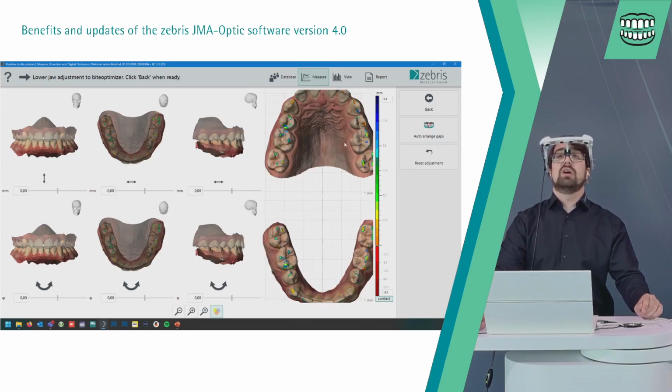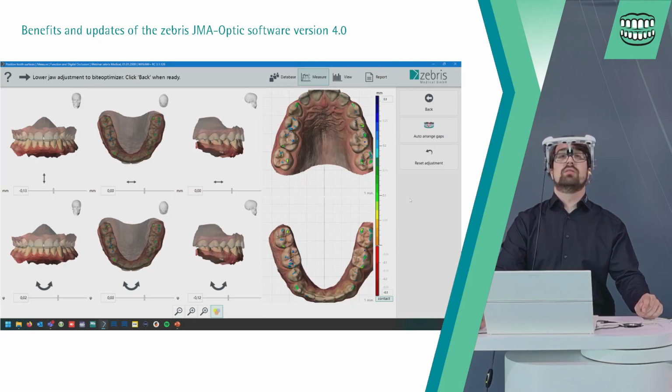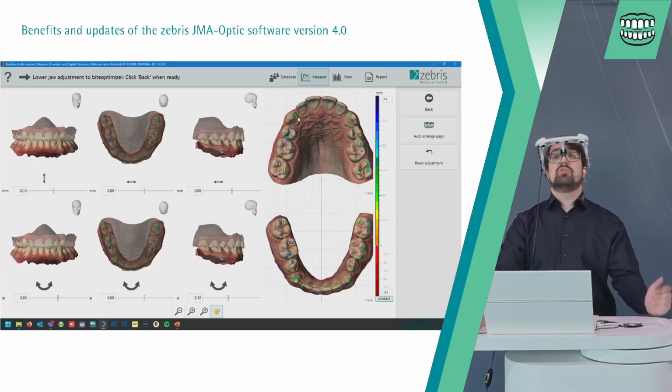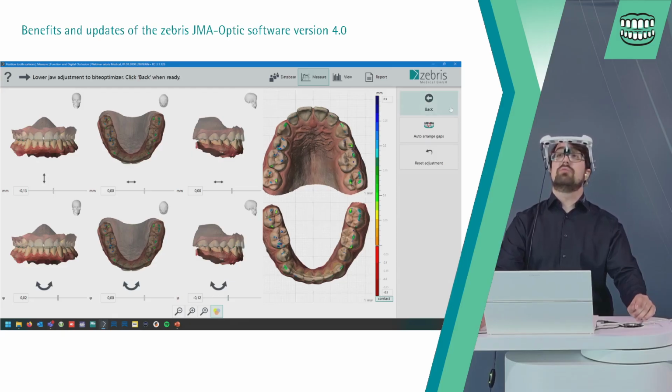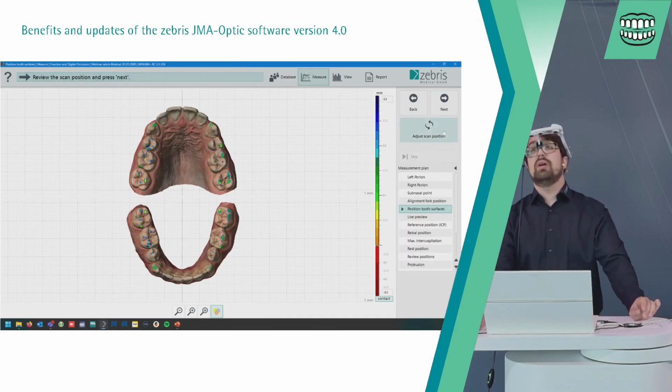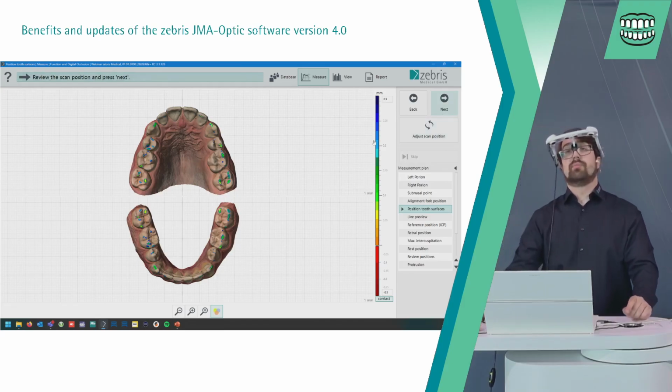When I click the button now, the algorithm cleans these intersections, and we see it moves my lower jaw about 0.13 millimeters downward and about 0.2 degrees to the side, and also minus 0.12 degrees in this direction. This looks really good, and we can go back and go on with our measurement.